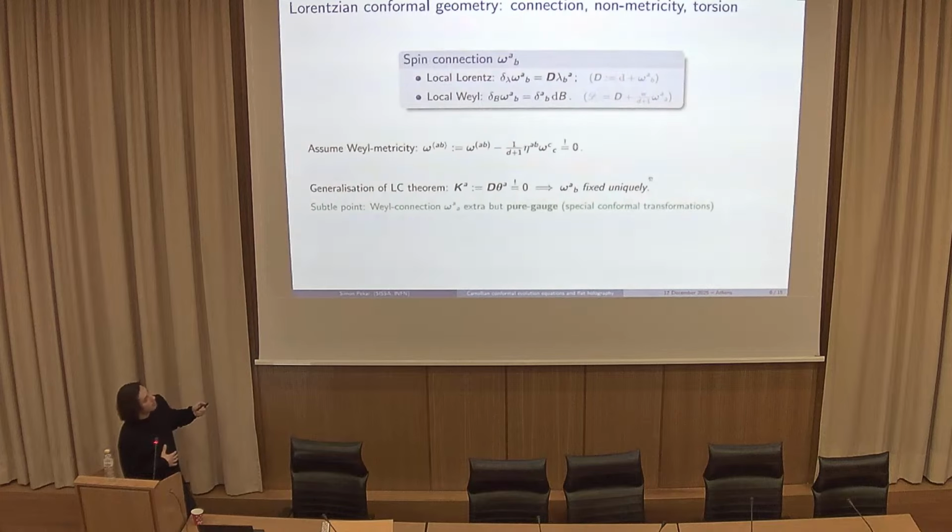From the way that this spin connection transforms, there are two geometric quantities that you can extract from it that are covariant under both transformations. The first one is the non-metricity, and that is given by the symmetrization in the tangent indices of this spin connection, taking away the trace. And I will always, in this talk, assume that it is 0. The second object is the torsion that is described by this two-form K.